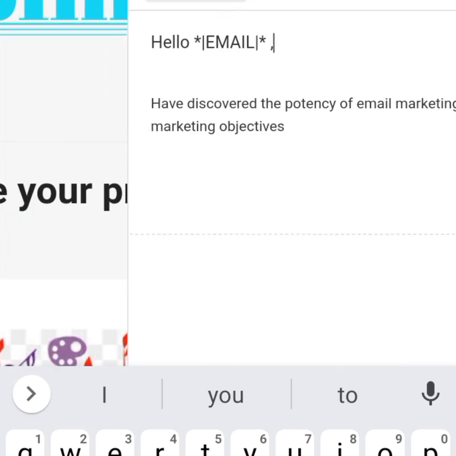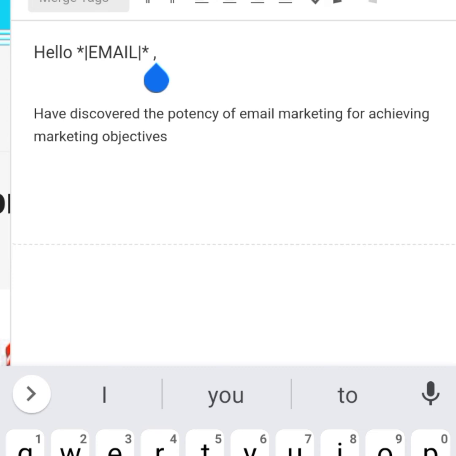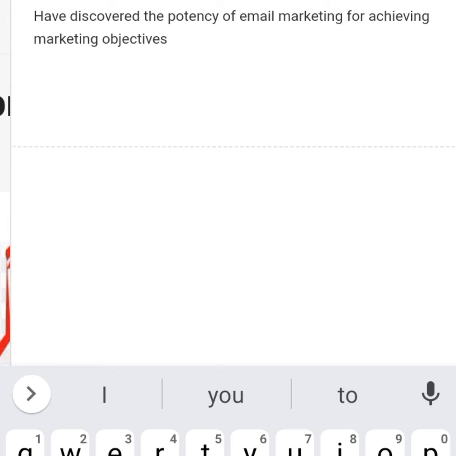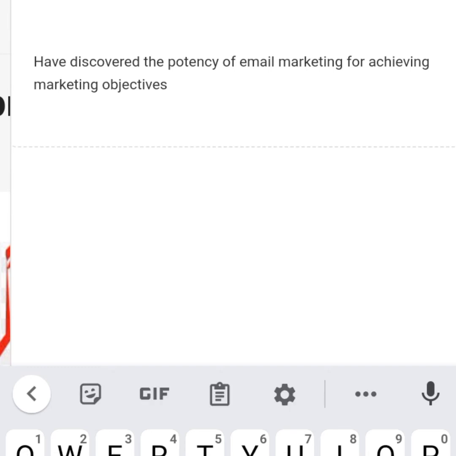Now this is going to come to you as hello beamglobal at gmail.com, comma. If we had their name, we could have used it here, but we only have their email address. So when you select merge tags, you select the actual detail of them that you want to recognize them with, okay? And then I'll click on enter and put my